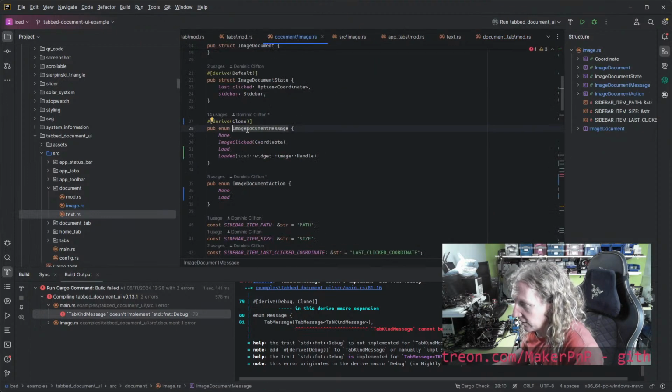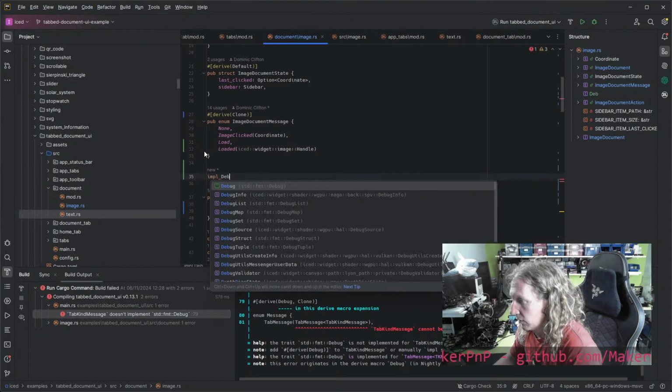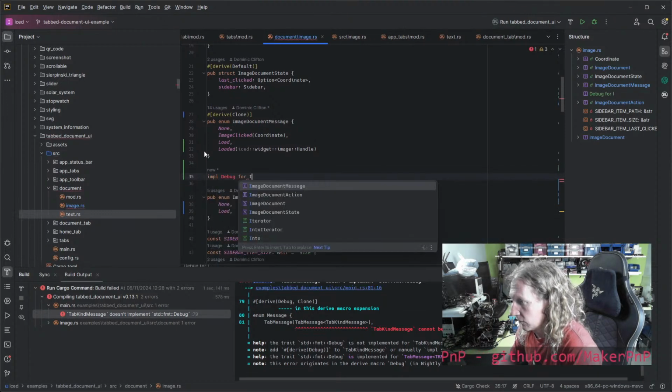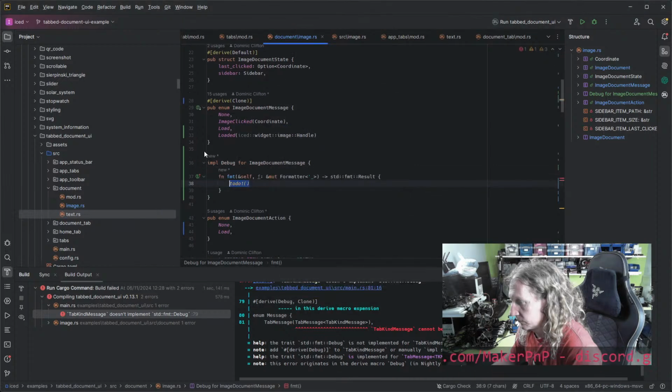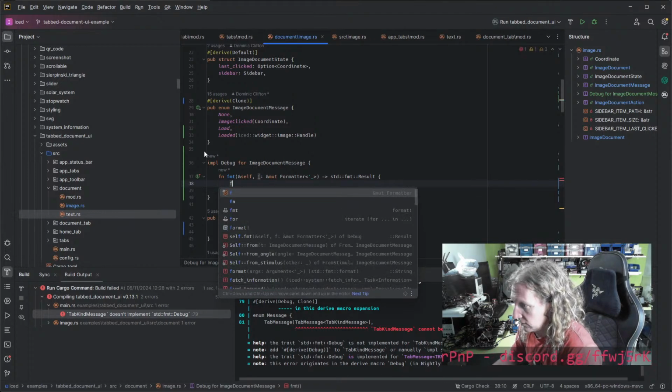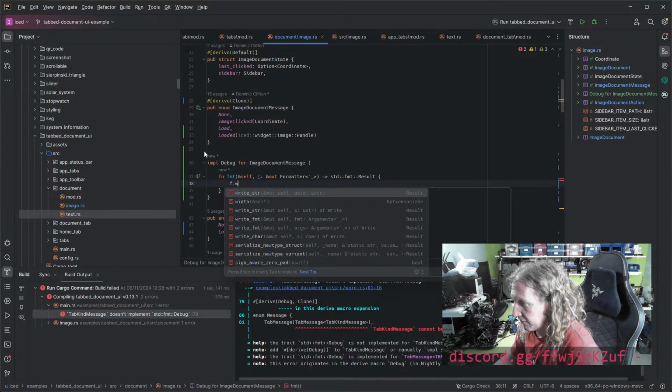And this one needs to have debug on it, but it can't because handle doesn't implement debug. So we have to go